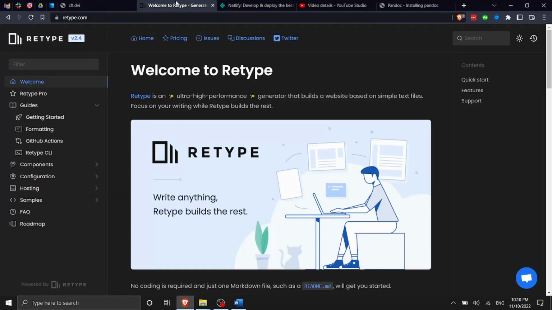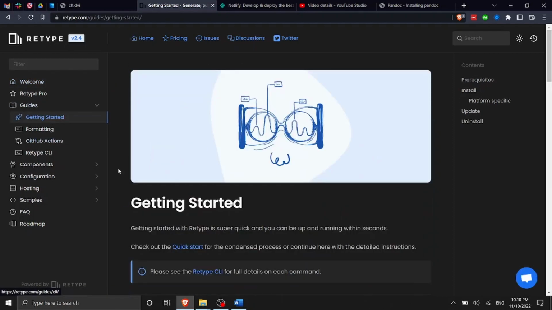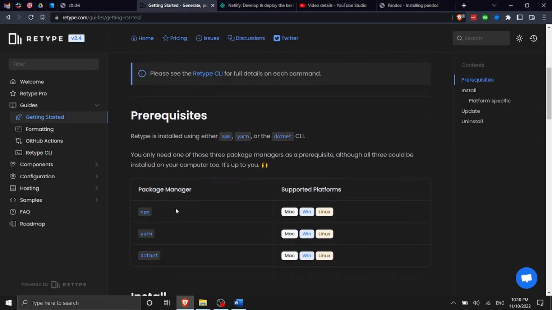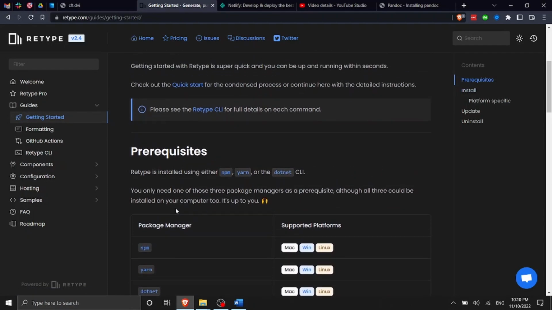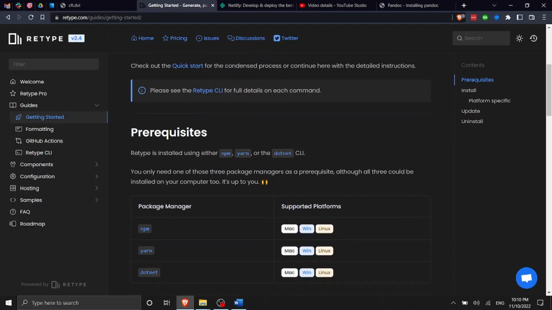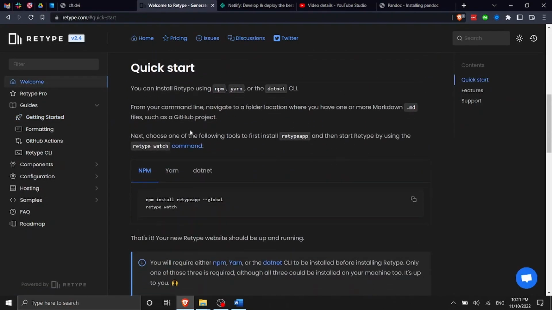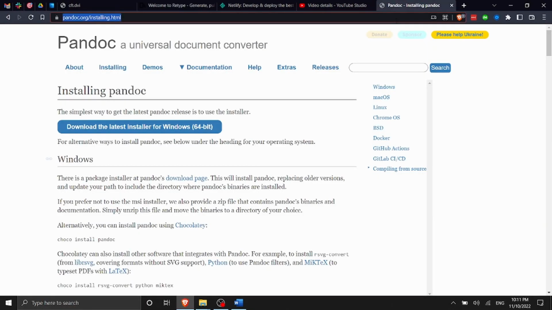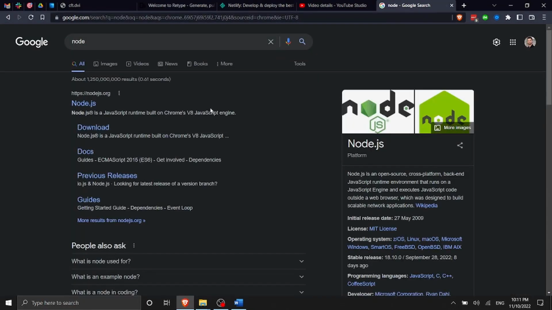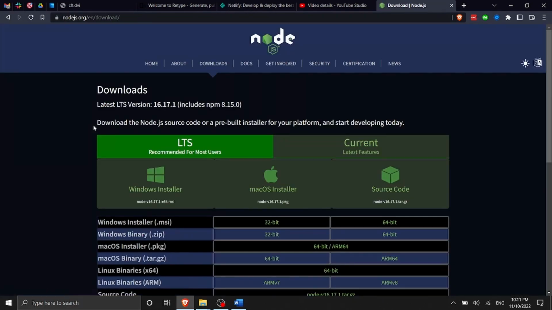Then we can go to the Retype website. So we get done with all the installation. We can go in Getting Started here, and we can see which are the dependencies. So basically, Retype uses npm, and consequently, you will have to have npm or yarn installed on your computer. Just go ahead and install Node. So here in the Quick Start, just install Node, and we can go here in Google, search for Node.js, download. So you're going to install this one. I technically should install the 64-bit because my computer is 64-bit, and then you just install it on your computer, and then you should be ready to go.